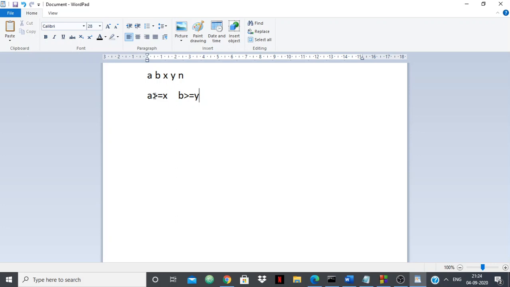Can I just check whether a is less than b or b is less than a and then minimize it? No, I will see what is the minimum value I can make a into and what is the minimum value I can make b into. So how does that work? I will say int min1, this is a variable min1, so this will be the minimum value I can make a into. Likewise int min2, which will be the minimum value I can make b into.